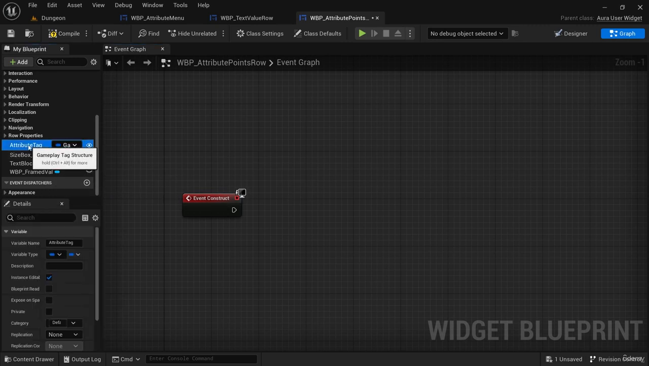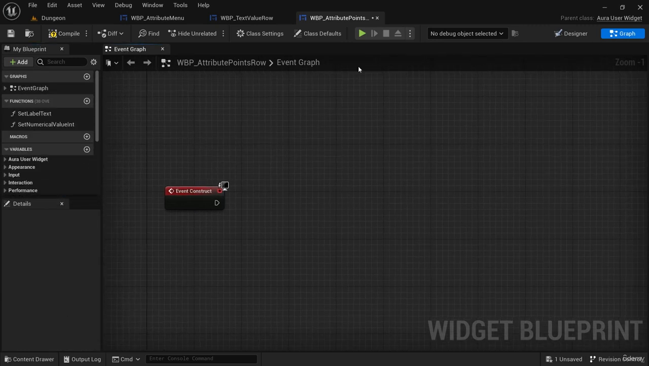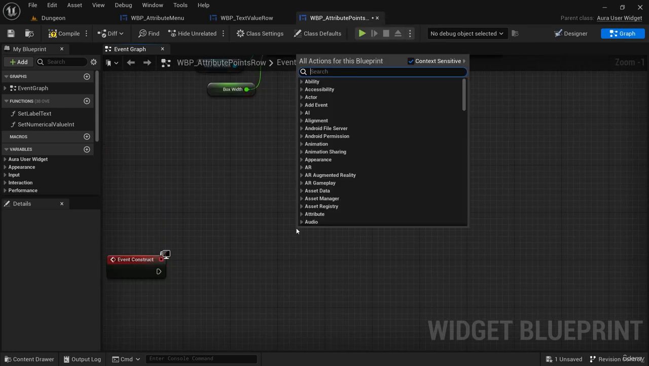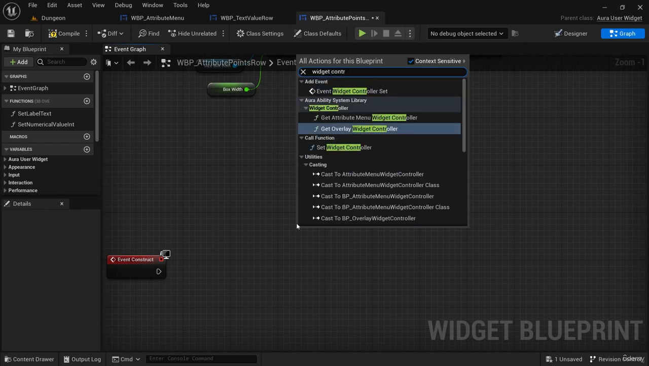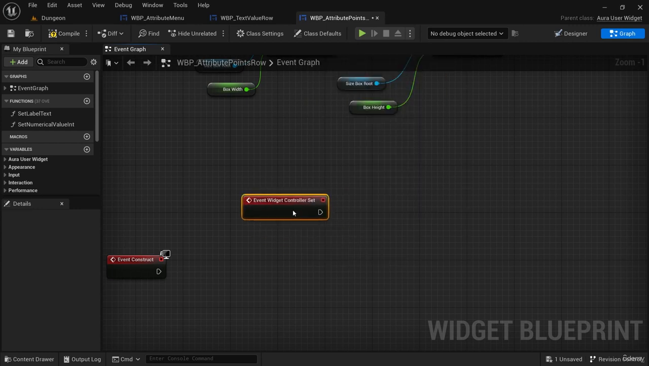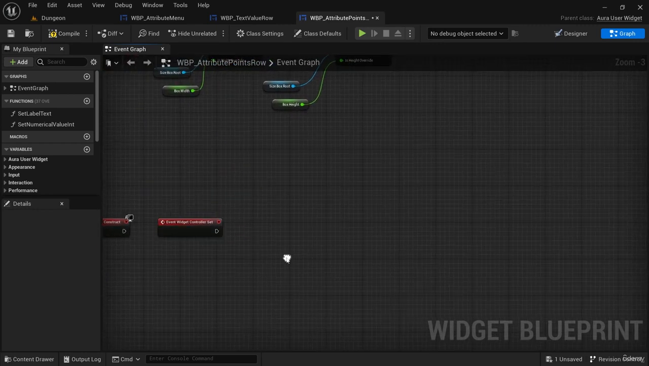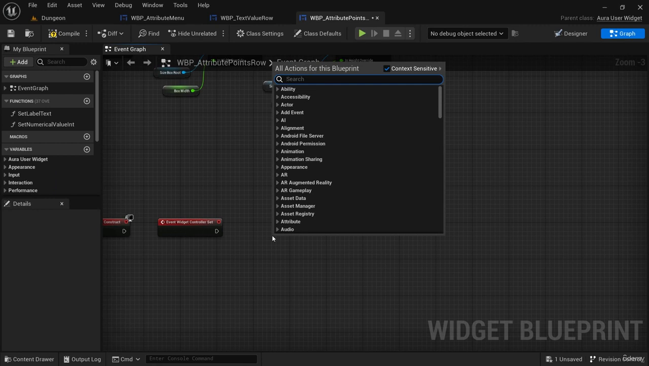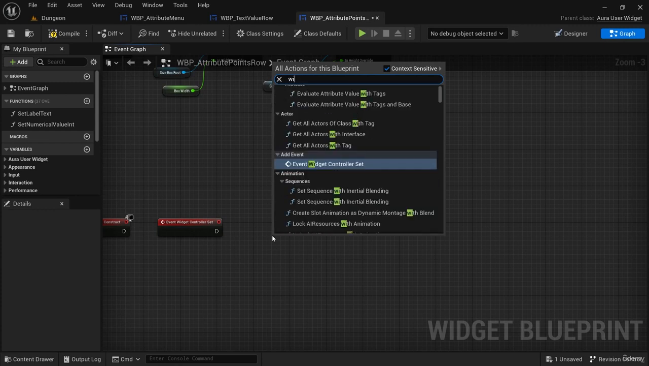I don't need an attribute tag. I'm going to delete that. And that's about it. Now, my attribute points row is going to need my event widget controller set, because as soon as I have my widget controller set, then I do want to assign an event to the attribute points delegate on my player state, which I can get from my widget controller. So as soon as widget controller is set, I'm going to get my widget controller